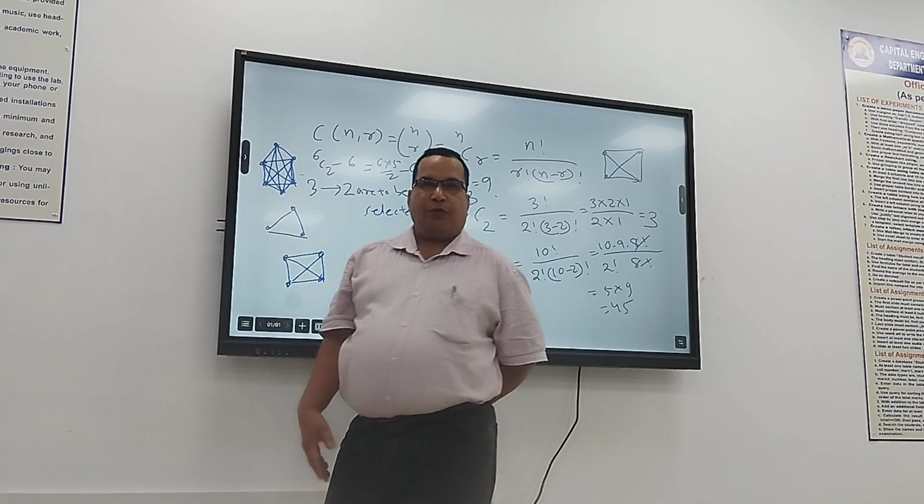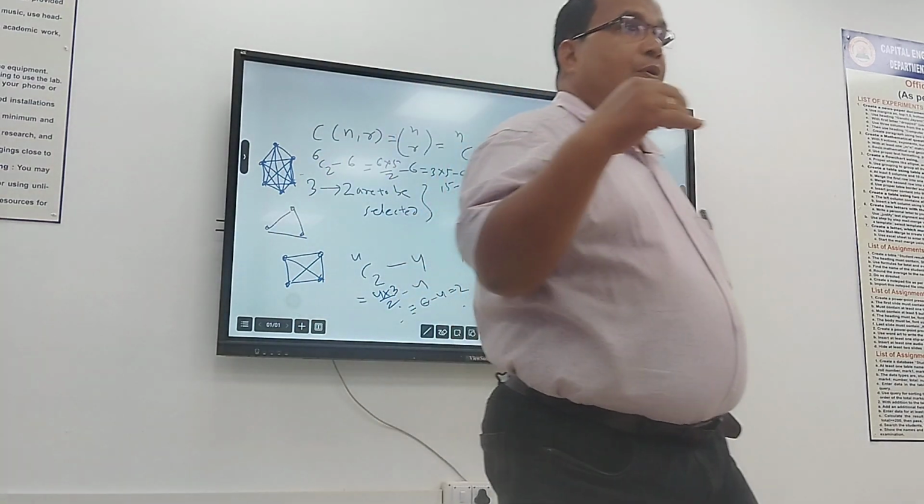So 9 diagonals are there. So the formula is correct. So actually using